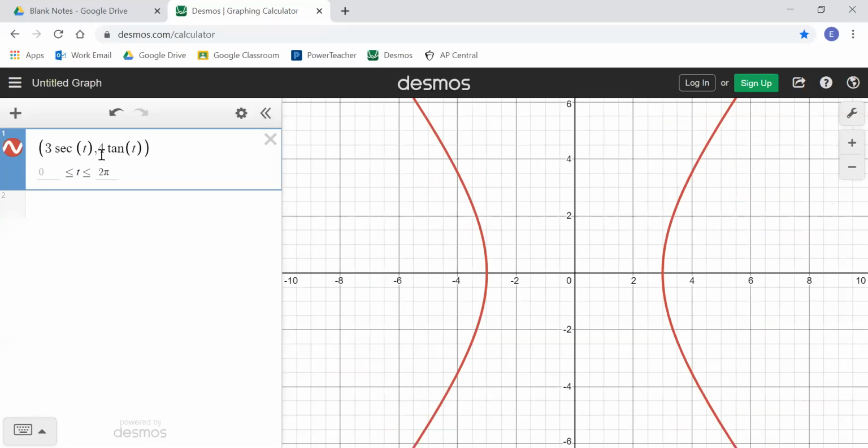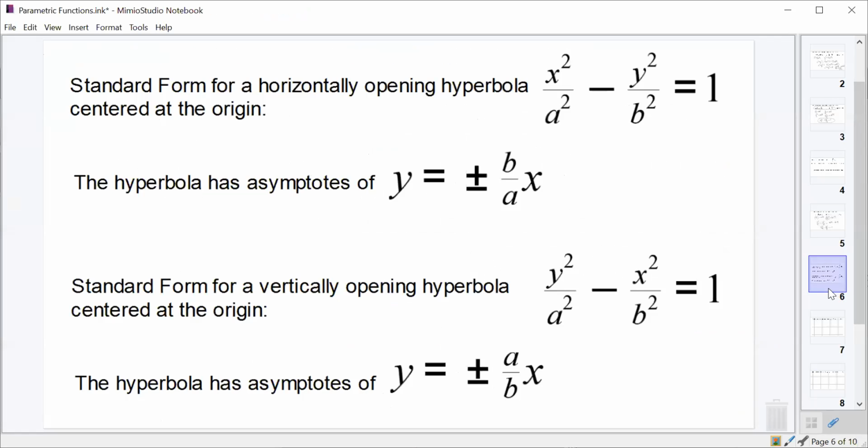So anytime you've got a secant and a tangent in here, it's going to give you a hyperbola. And if we take a look at, because we know these have asymptotes on them, right? These are how we find the asymptotes for a hyperbola in standard form. So we can also find the asymptotes by converting into this form, or we should be able to note, we